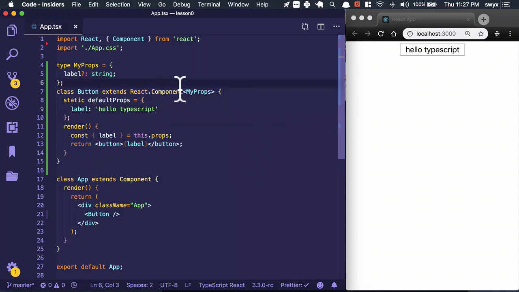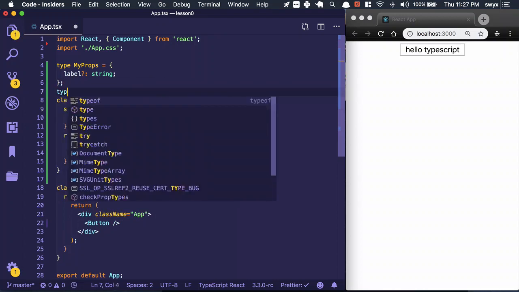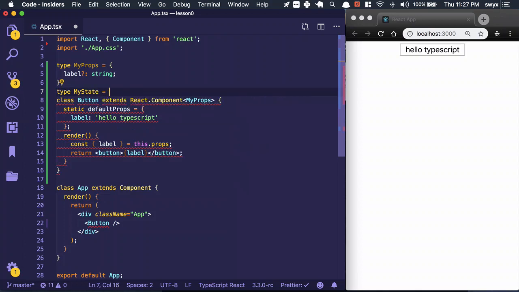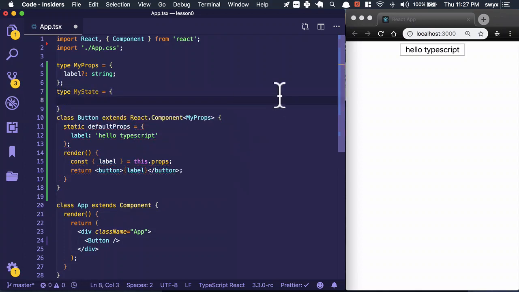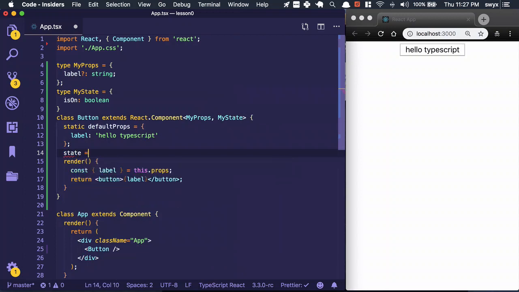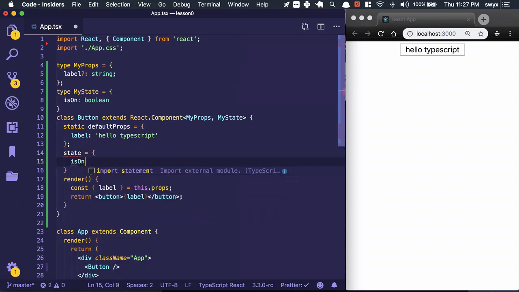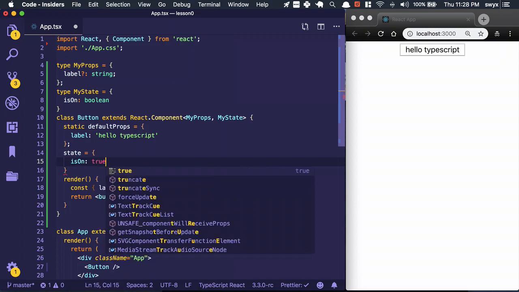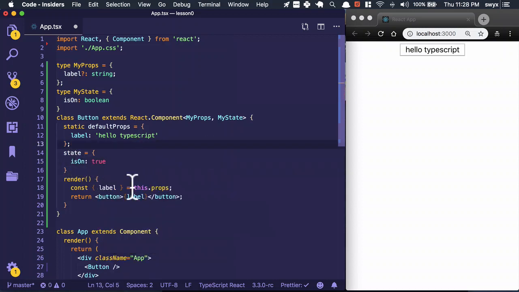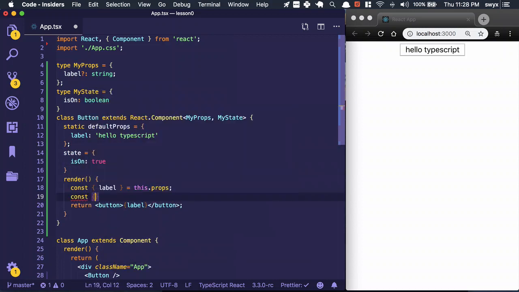Now let's also add some state to our component. We'll add another type, call it MyState, and we'll just have an isOn boolean. And we'll pass that in as the second argument to React.Component's generics. And now we'll have to define the state somewhere, isOn being true from the beginning. Now we can take that isOn from this.props,